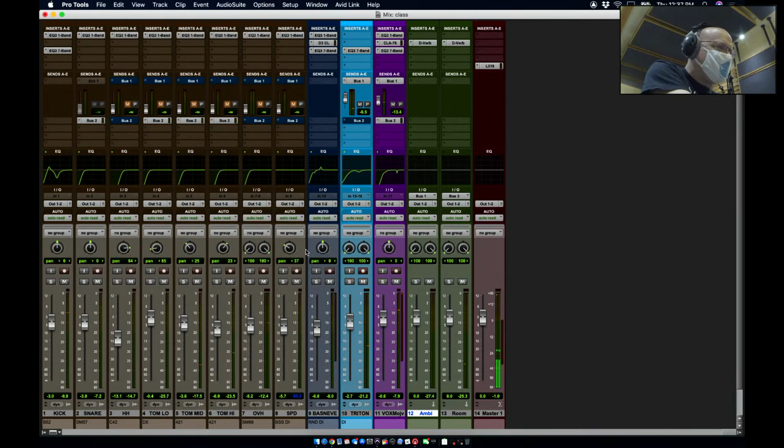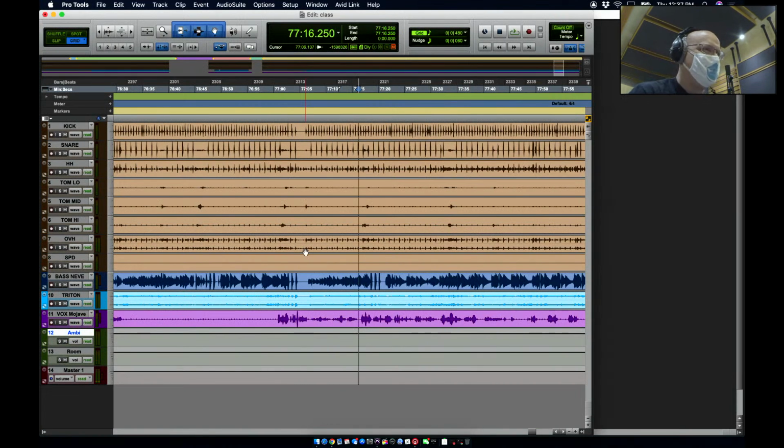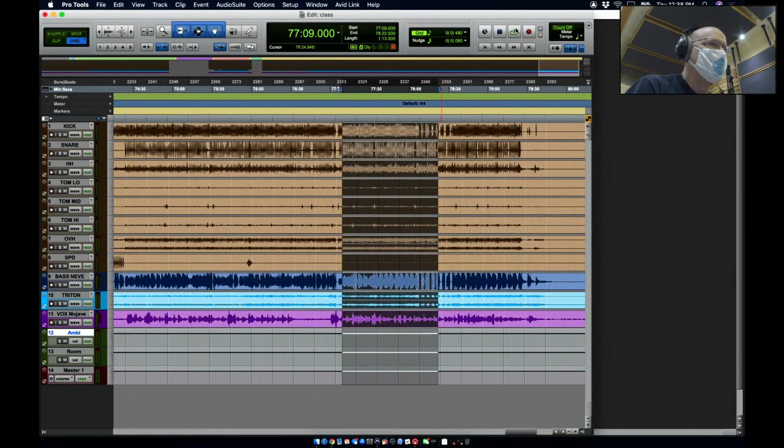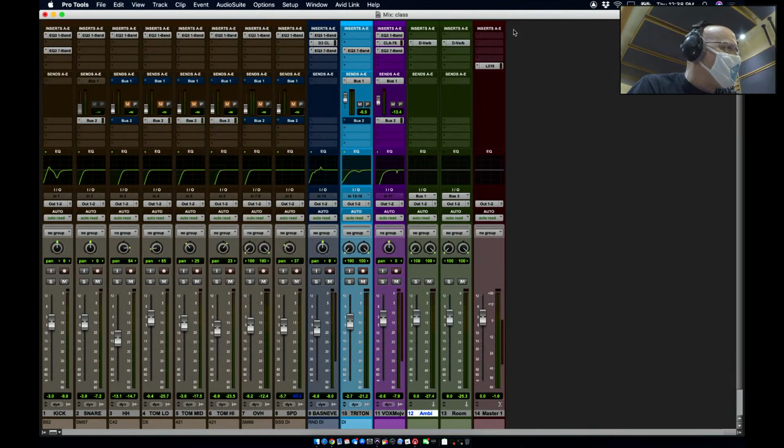So less is more. Just think about the decisions you're making and make sure that they're serving the song and taking you there. Now that we've done a little bit of this, this is a good start. Now there's some other things we can do here. Let's look at this. I'm going to do some kind of subtle things. So depending on what you're listening on, you might not hear it. If you don't hear it, I would suggest you write it down and you try it when you're in the studio with the Genelex. First thing I want to do is I think of the ambience as being just a